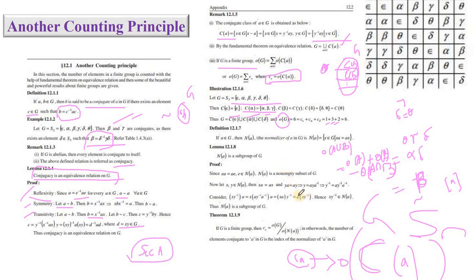Right, so that is what we are going to have as the class equation, as a corollary to this theorem. So before we go to this theorem, we need to have that N of A is a subgroup of G. N of A is nothing but all those elements in G which commute with A. What is A? A is some element in G. So N of A, the normalizer of A in G, is denoted as N of A. And that N of A is a subgroup of G is established.